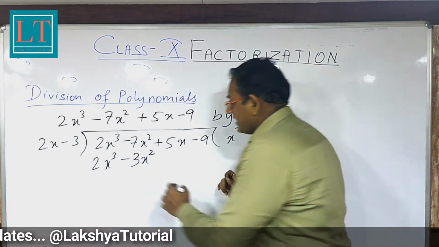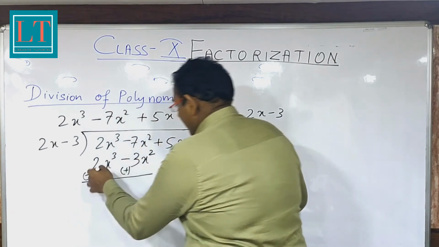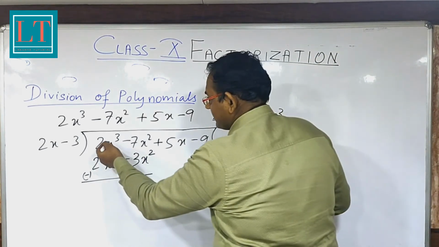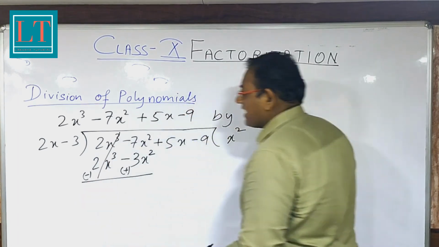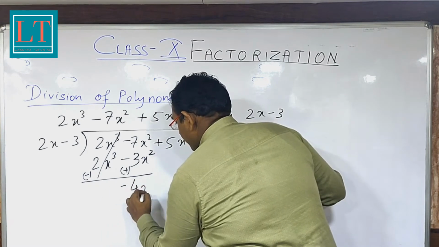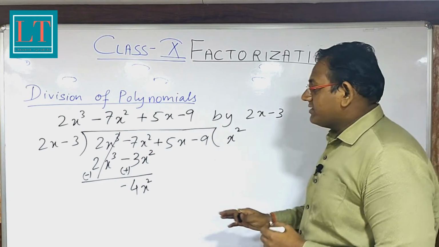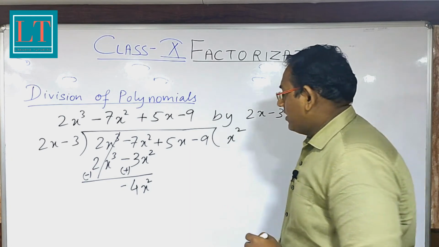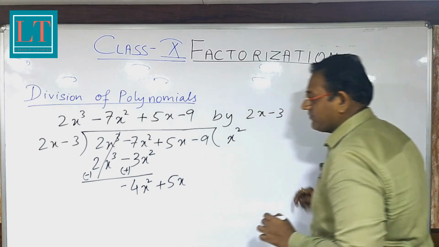The next step is to change the sign of these two terms. So we will write the first one to be negative and the second one to be positive. Now we see that this is positive, this is negative. Both are having the same value but different sign. We will simply cancel this. But this one we will write as minus 4x squared. That means basically the difference of 7 and 3 over here. And because 7 is negative and this is the bigger number, we write the sign of that one. So next thing is to take this term over here, so we are writing plus 5x over here.